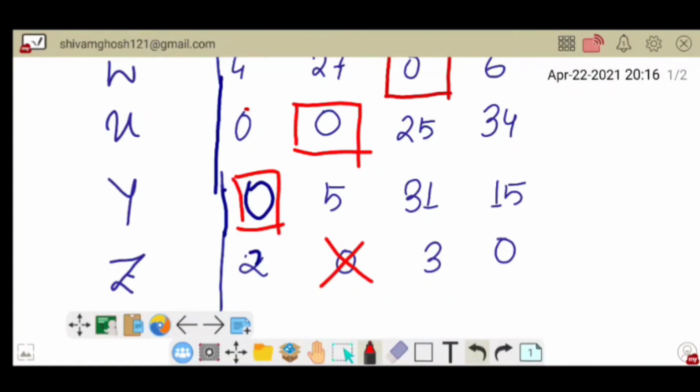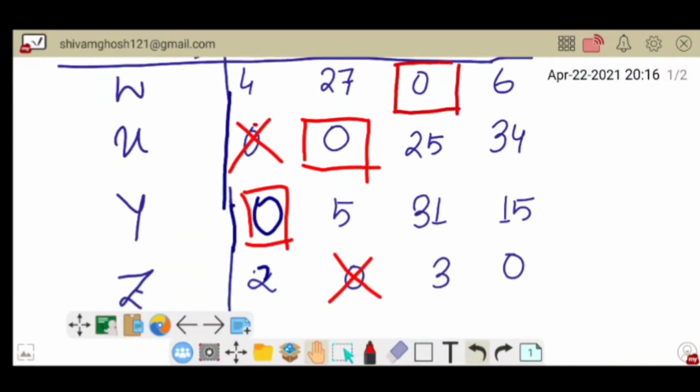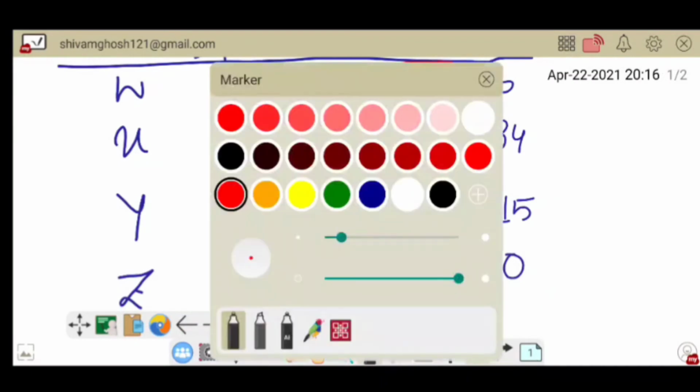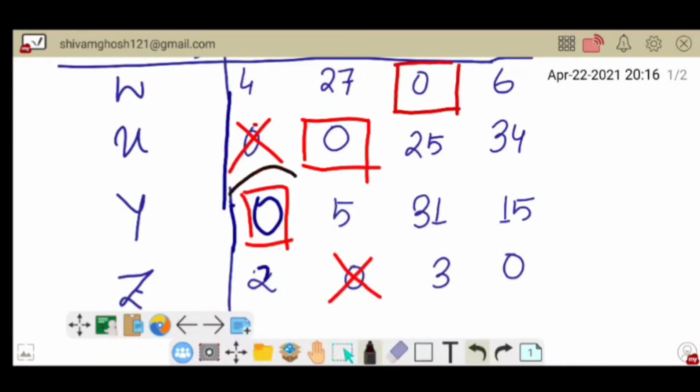In this column, there is no 0 to delete. So we have to select this 0. For selecting this 0, we have to delete this 0. These are the rules given in our format.